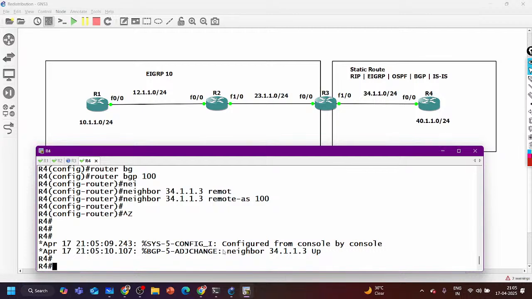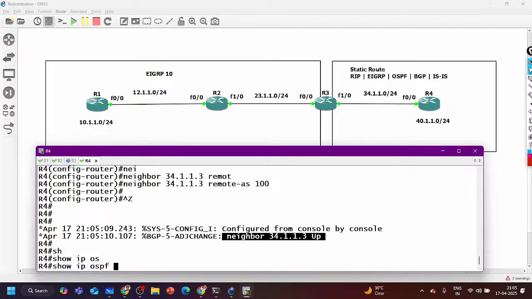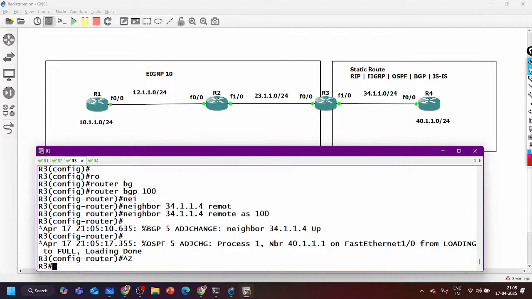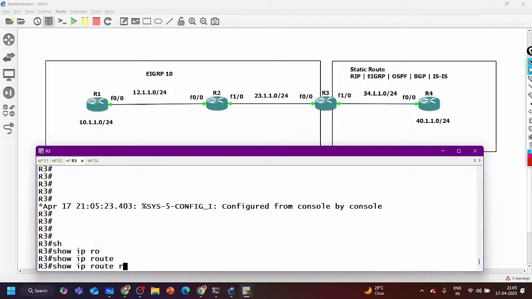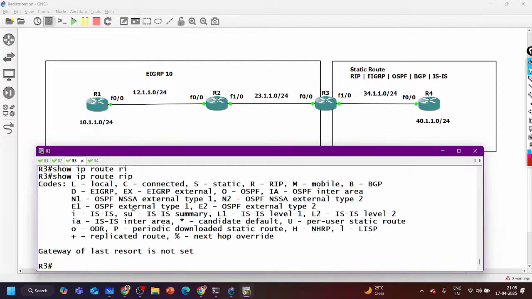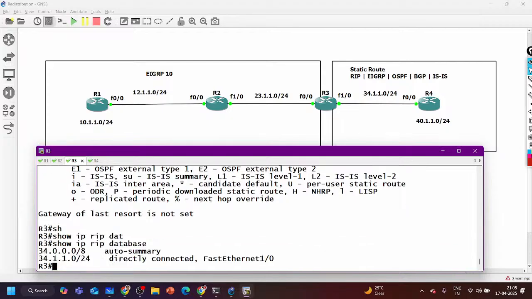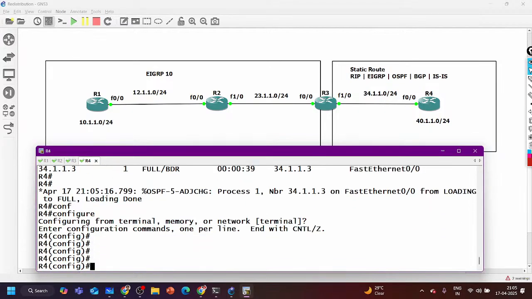So here you can see the BGP neighborship, and show ip ospf neighbor. You can see we have OSPF neighborship also, right? On router number 3, all the protocols are enabled. So show ip route rip. In the RIP routing protocol, you can see nothing is there, but show ip rip database. In the RIP database, you can see the 40 subnet should be there. Okay, on router number 4, now let me advertise the prefixes.